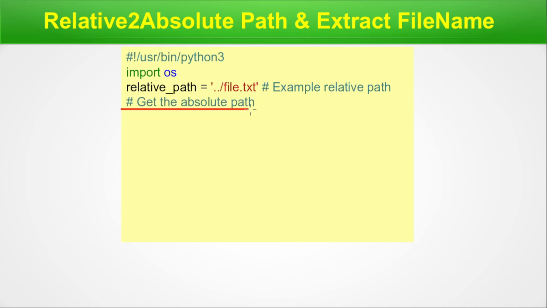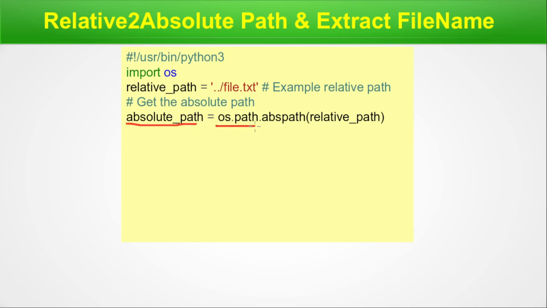Next, we will convert this relative path into the absolute path. For that, we write the command, absolute_path is the variable, and here we write os.path, then abspath. So we have the os module, inside that we have path. I have just described in the introductory slide, right? We will use the os.path, and here we will use the abspath method or function to convert this relative path. This value goes here, and this abspath method will convert it into the absolute path, and then